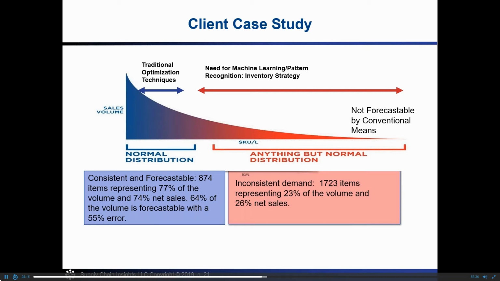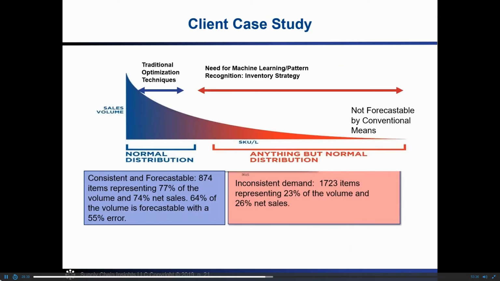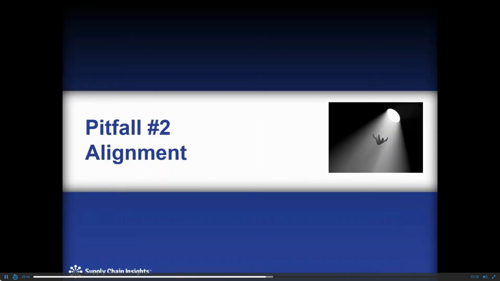And should we rethink the inventory strategies for the long tail, knowing that it's not forecastable by conventional means, looking at form and function of inventory, postponement, decoupling points, and really recognize the river of demand and the fact that the higher the demand error, the greater the bullwhip effect, the greater the amplification. So if I treat the long tail in a standardized method, I'm going to really distort demand. So the first is, in that river of demand, let's recognize the long tail.